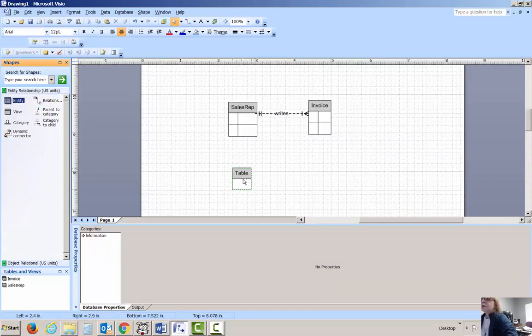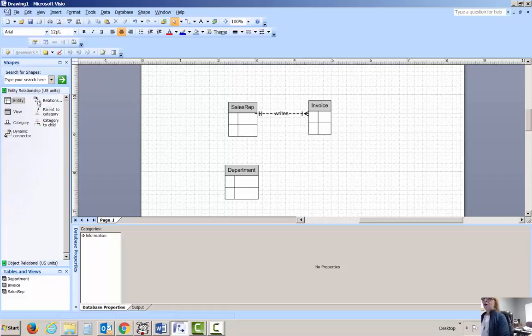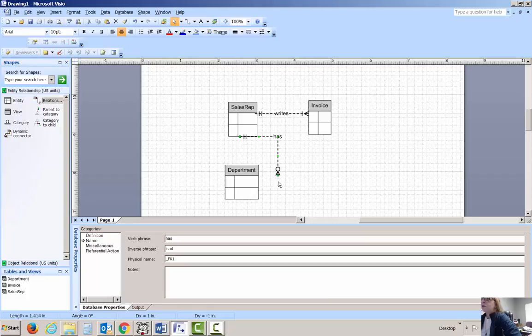So I'll go back, and now I'm going to put another entity here, and let's say that this is going to be our department. And for our relationship, I'm going to do the one first. So when I drag my relationship, it's going to be one sales representative has many departments. I'm sorry,